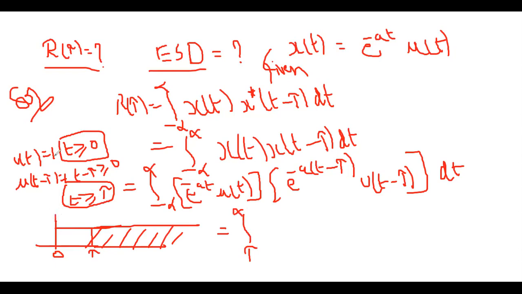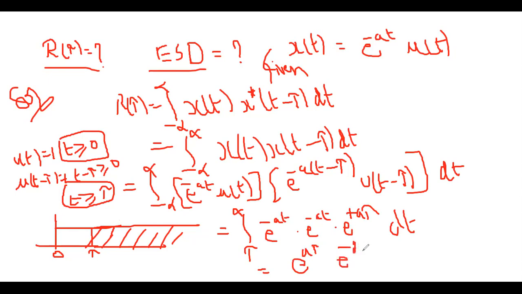So if I am taking the mu of t equal to 1 from 0 to infinity, but the mu of t minus tau with respect to dt, here t is greater than or equal to tau. So tau to infinity. So the overlap for these two combinations is tau to infinity. So e power minus at and e power minus at and e power plus a tau dt is equal to e power a tau, which is a constant, and e power minus 2at. So e power minus 2at by minus 2a,